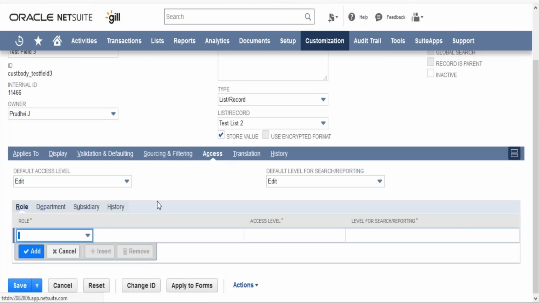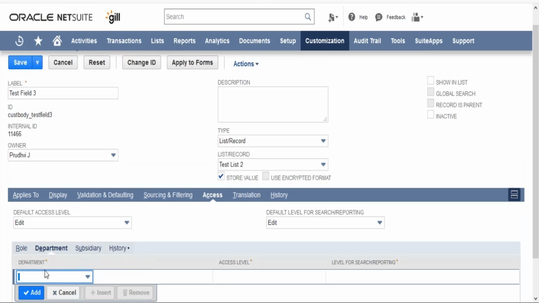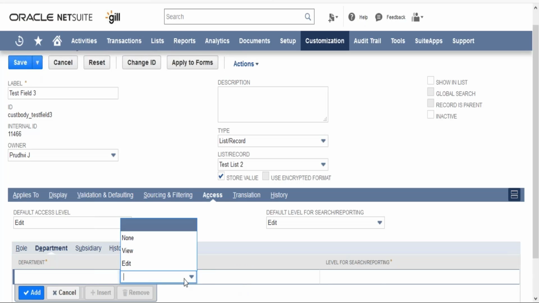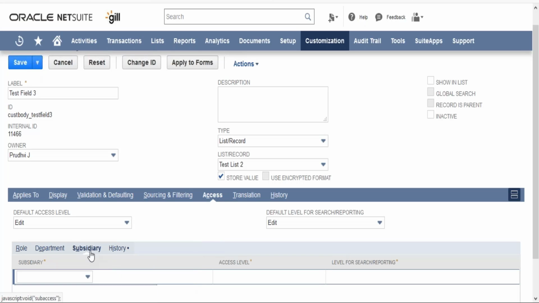Access to whom: in case you want to give access to a particular specific role, you can define it here. In case you don't want to show it to all the users, you want to show only to a specific role, you can define it here. In case you want to show only to specific departments, you can select the department and you can select the access level, whether it should be editable or view. Similarly, in case you want to restrict or show only to a particular subsidiary,